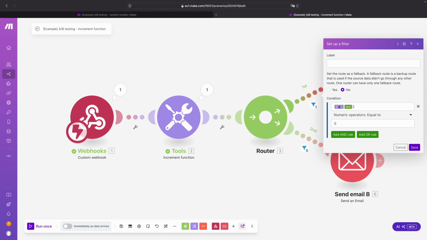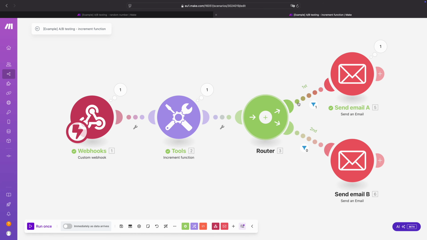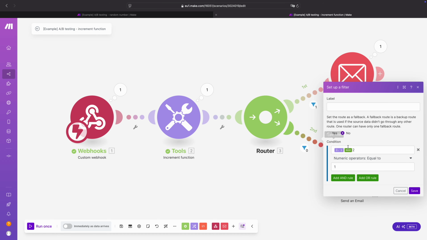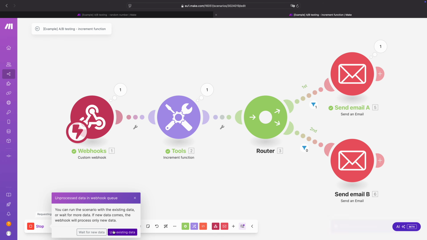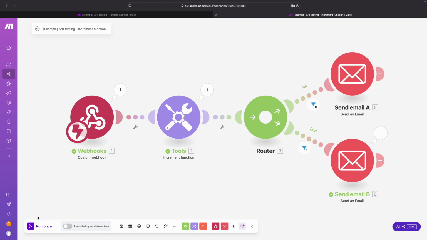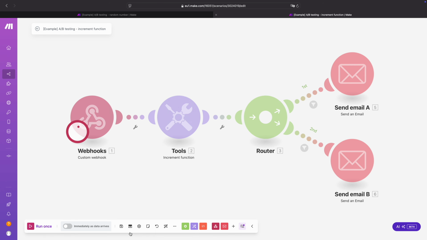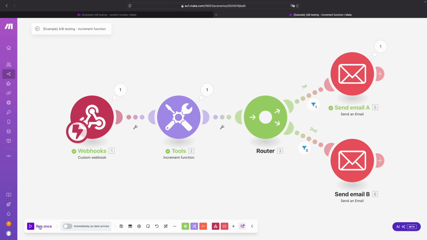Over here you see that we check if the outcome of this formula is 0. If so, then we send email A. But if the outcome is 1, if the remainder is 1, then we follow this path over here. As you can see, maybe you already noticed it, it will really send the emails one by one. It will always send B and then A, and then it's going to send